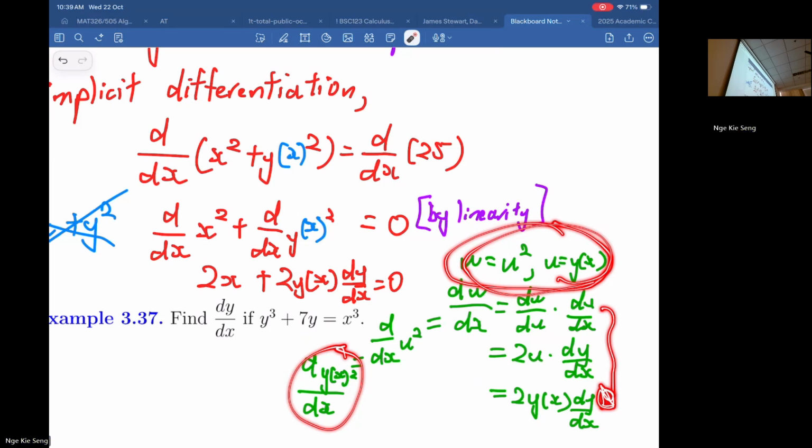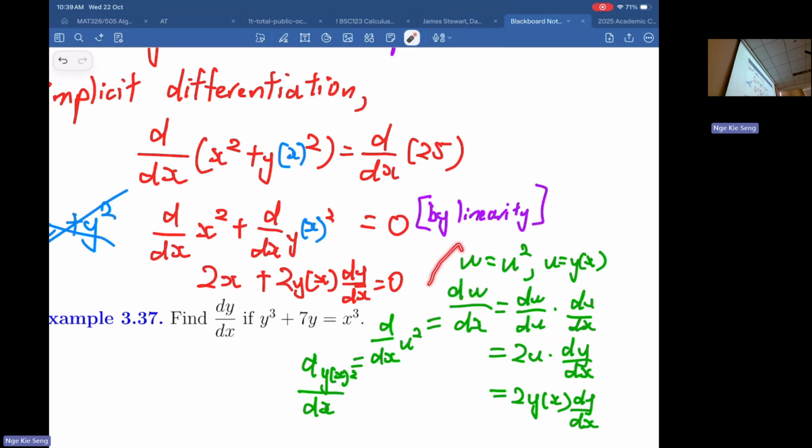Does it make sense? I think the part that confused you here was maybe you are not very familiar with how to write a function as a composite, how to see this as a composite function. So what are the basic functions here? y(x) to the square. There are two functions to see here. One is y(x) itself. The other one is taking something to the power 2. So the action of taking power 2 is another function. Make sense or not?